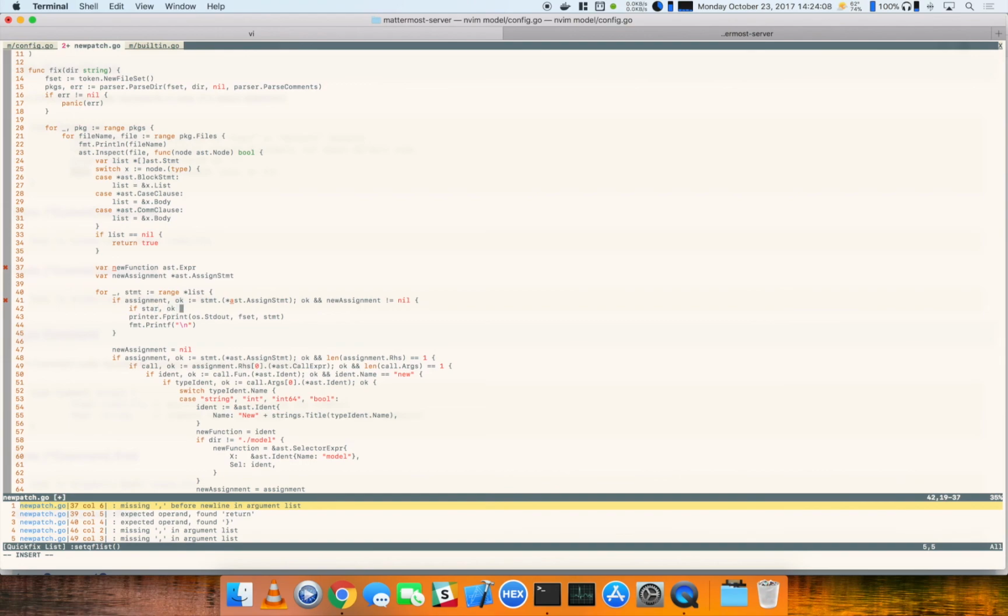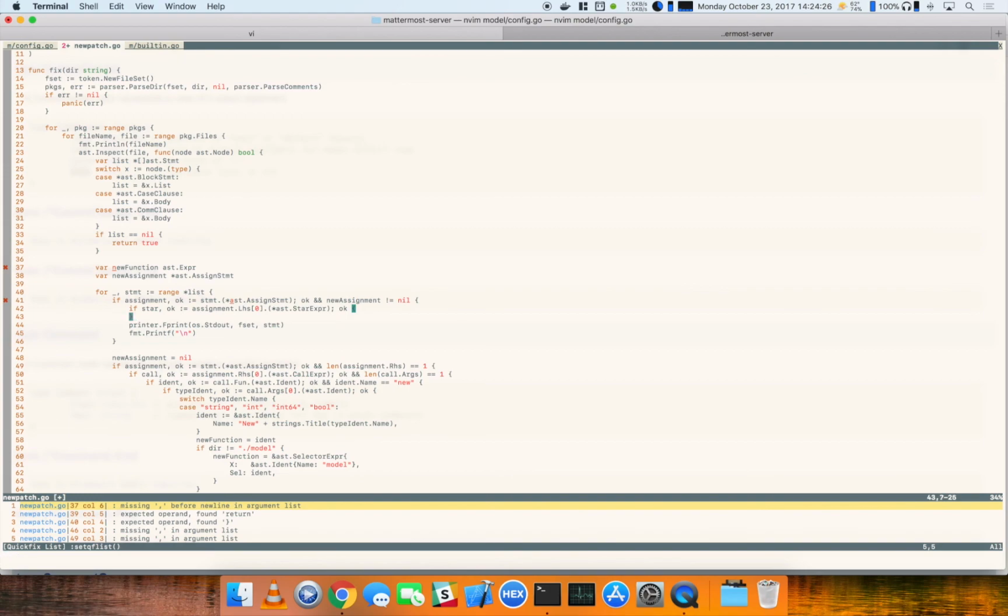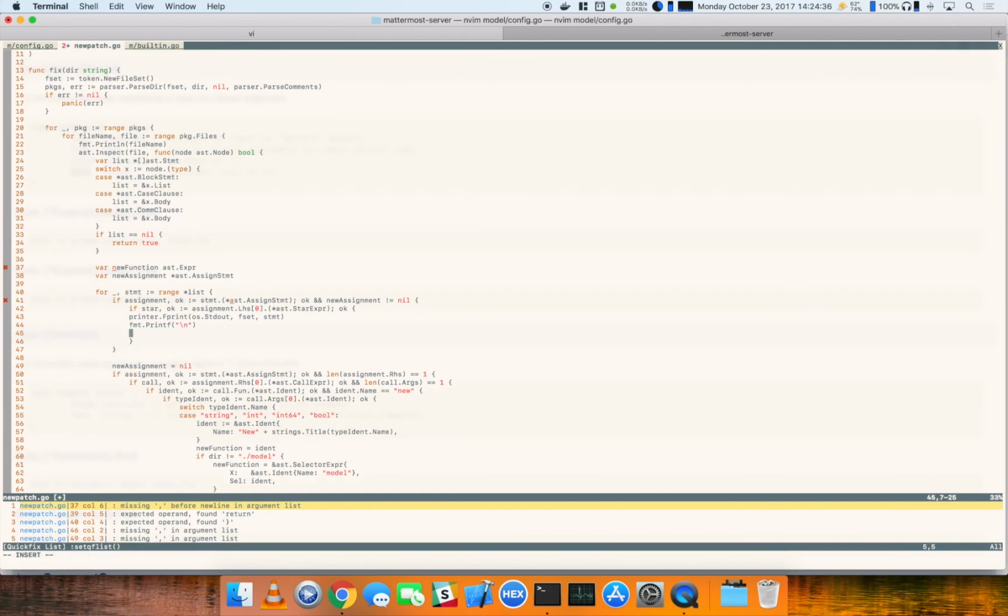We need to make sure that they are star expressions, meaning we're assigning to the value at a dereferenced pointer. And then if we do that,